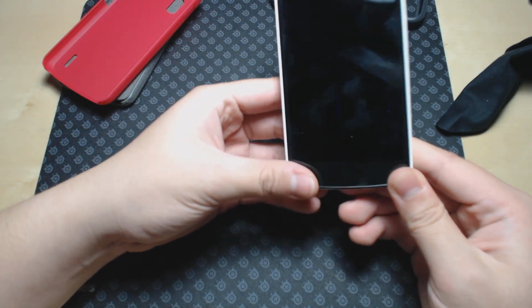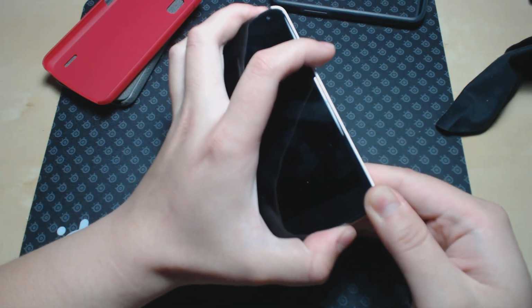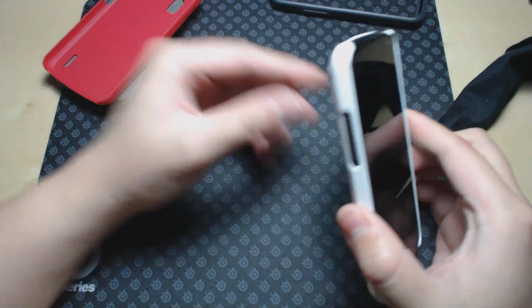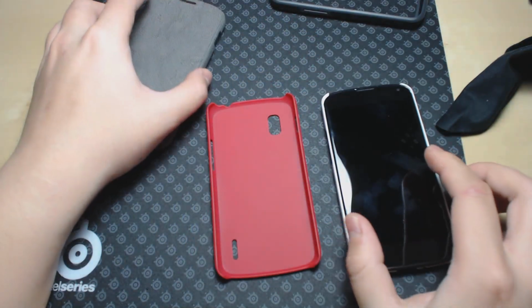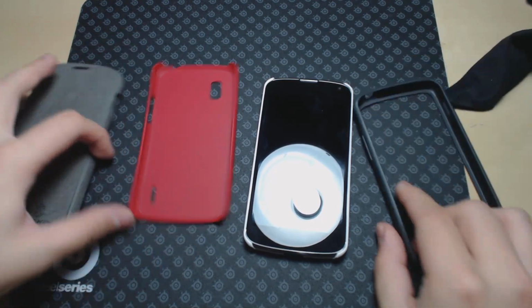The only kind of gripe I have about this case is that it's really hard to take off sometimes. But all in all, it's a pretty nice case since you're not going to be taking off cases too often. If I had to rate these, I would probably put these maybe like right here,